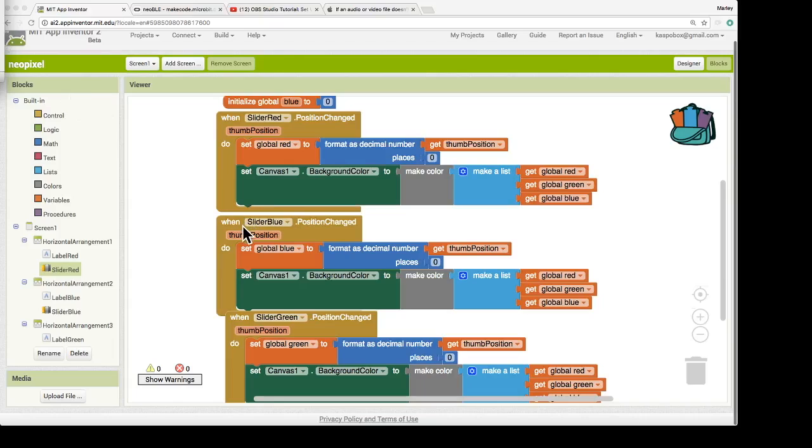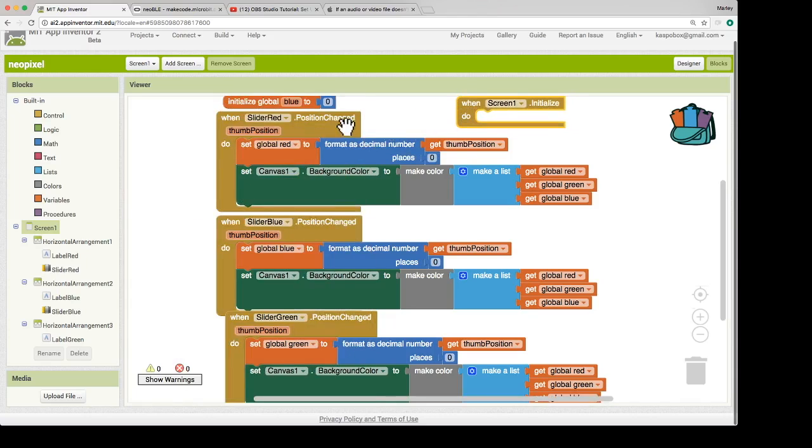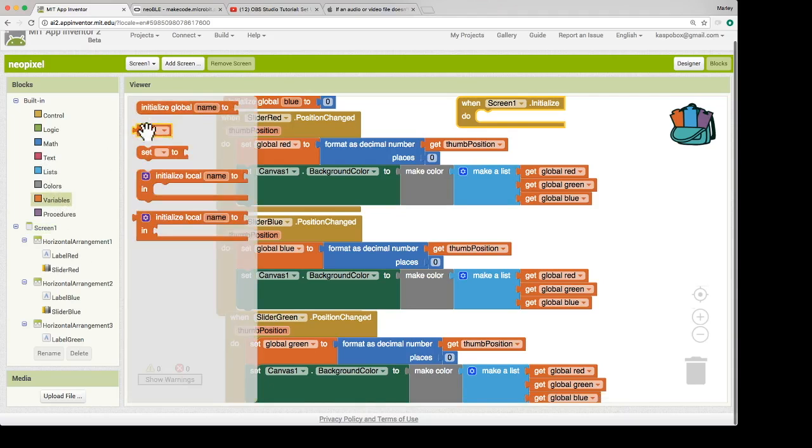Off camera, I added a Canvas 1 background color change to both slider blue and slider green. I want to create a block when the screen is initialized. I want the values of red, green, and blue to be set to the thumb positions that they are originally at. So again, I'm going to grab